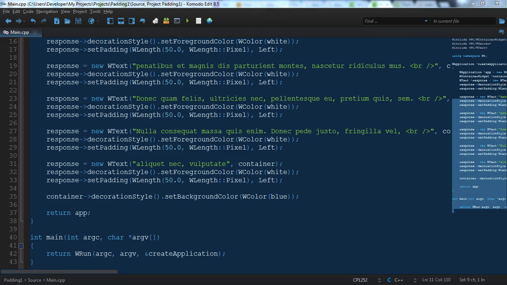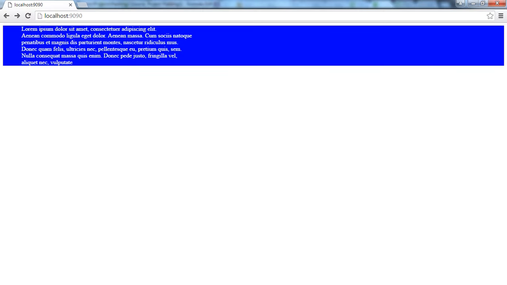And if you look into the browser, which is already done for us, I just do a refresh, it should be the same thing. And we just padded the text for each one of our widgets over 50 pixels. You can do this for the right, the left, the top, the bottom. If you do